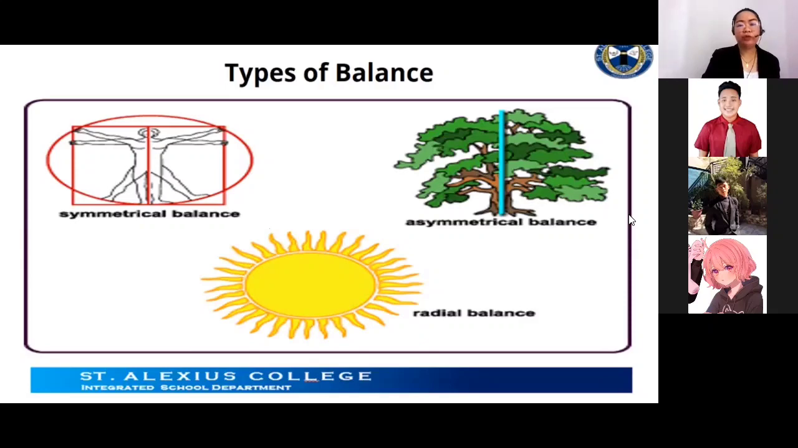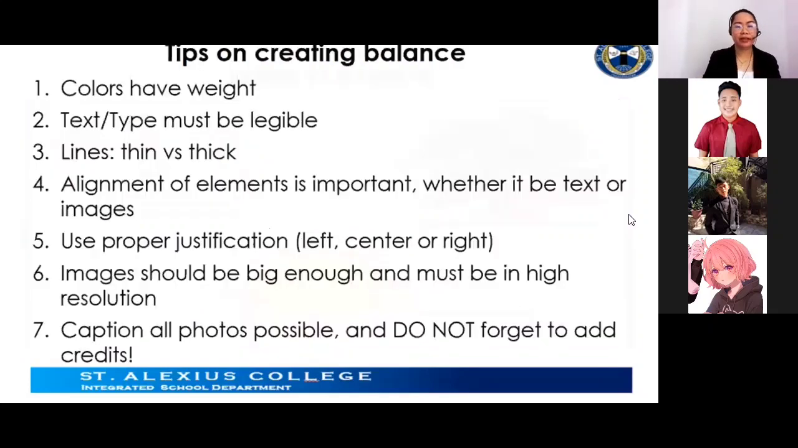Now, we have here the tips on how to create, or tips on creating, balance. First, colors have weight. Sometimes when we are going to design, we are also considering what color and the weight of the color that we will use in our design. Kasi sometimes,